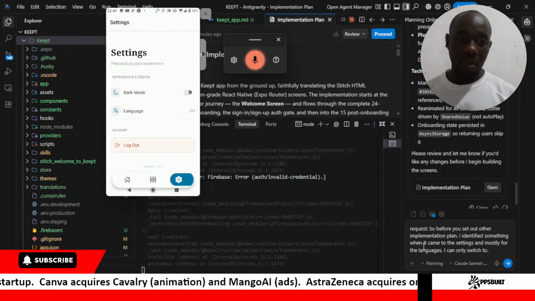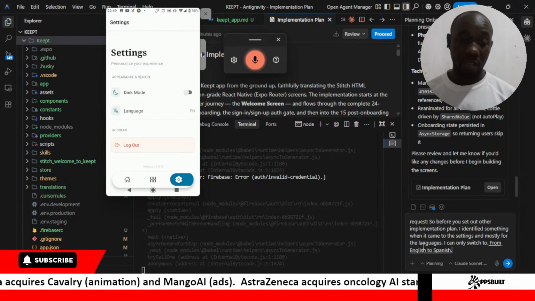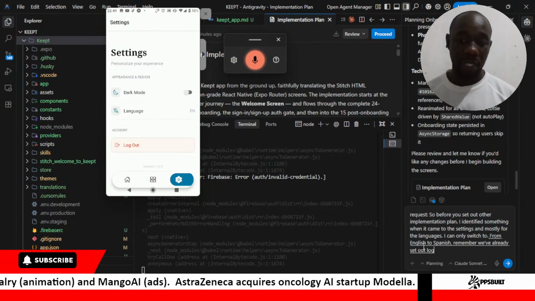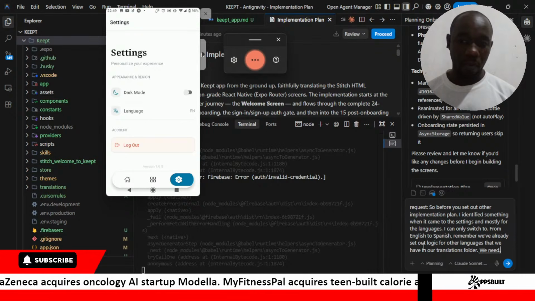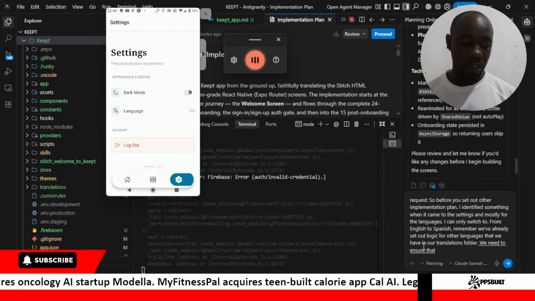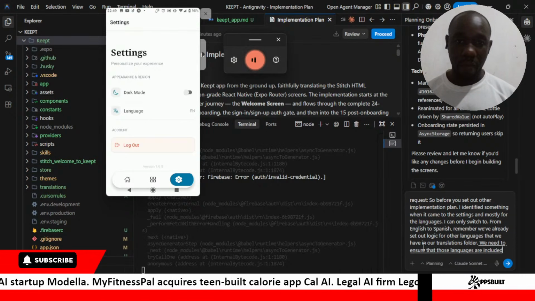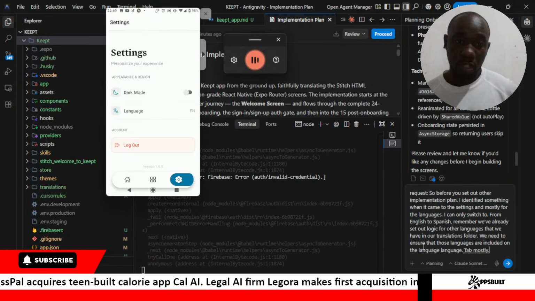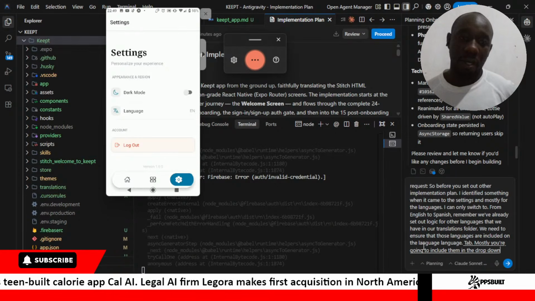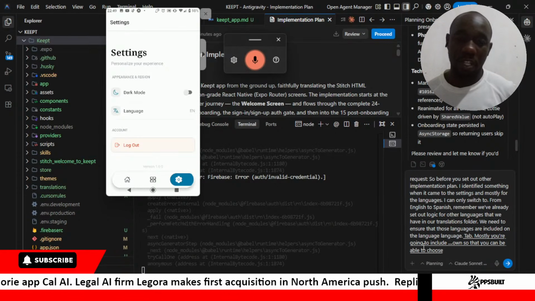Remember, we've already set out logic for other languages that we have in our translations folder. We need to ensure that those languages are included on the language tab. Mostly you're going to include them in the drop down so that we can choose other languages as they are listed in the translations folder.